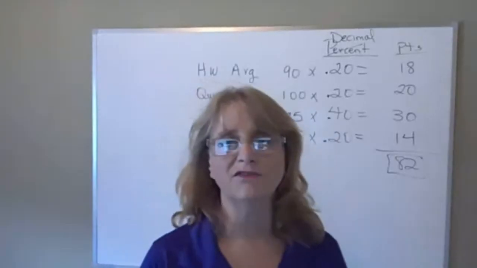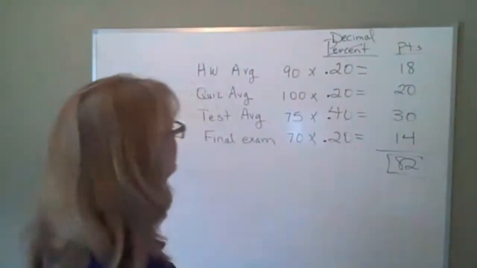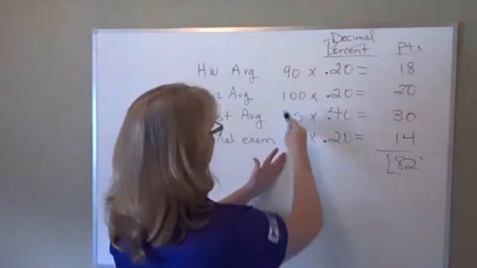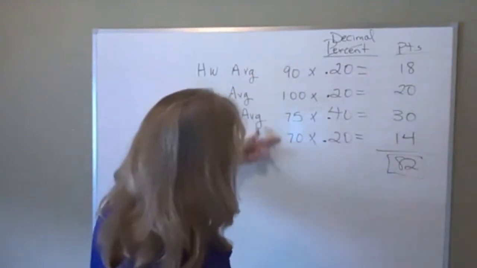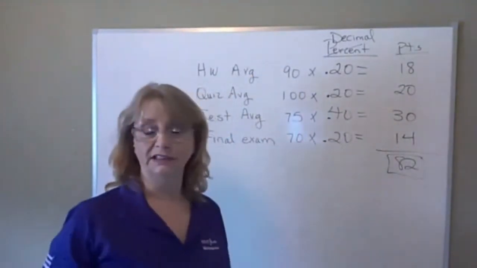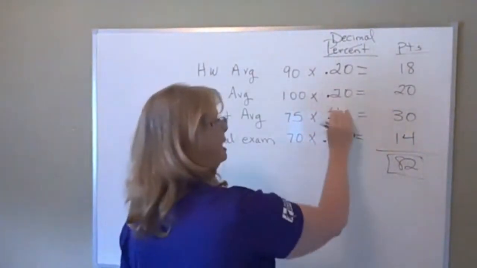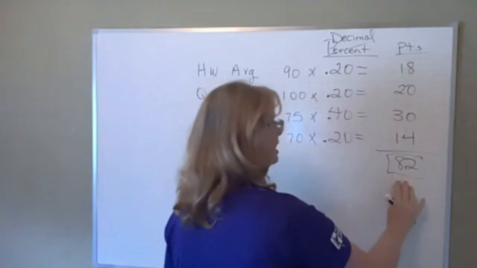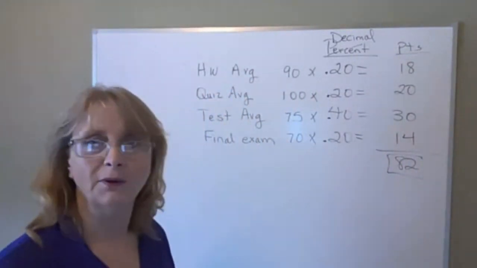So, yes. See, that problem really isn't very hard. It's a different kind of mean. So you see that's different than just adding up the grades and dividing by 4, right? So we didn't just add these 4 things up and divide by 4 because they were weighted differently. And that's why it's called a weighted mean. So we have to multiply by their weight and then add that up. And that gives us the grade. Okay? Great question. Thank you.